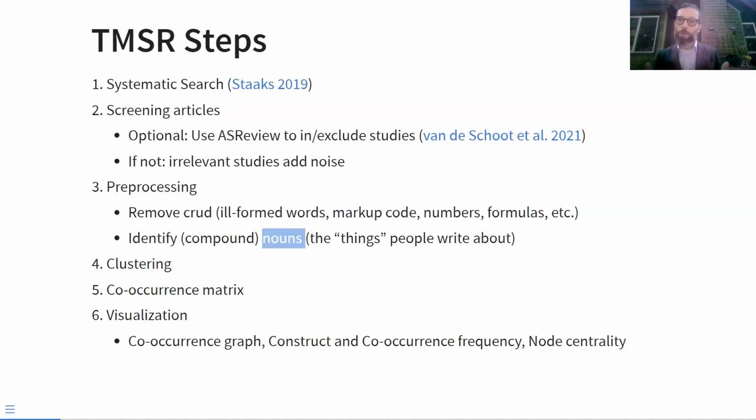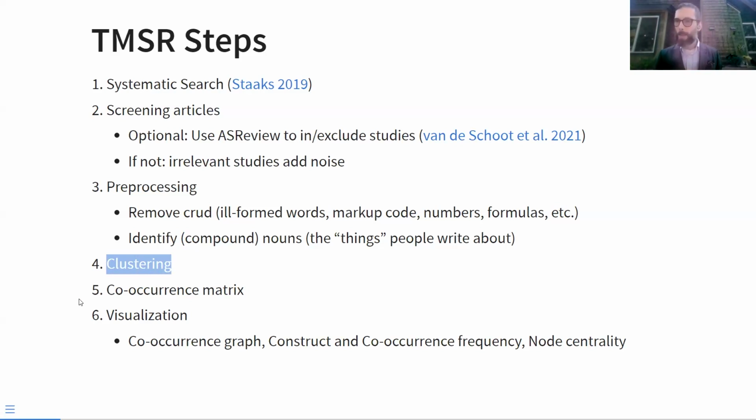So my goal is always to create a kind of nomological network of the topics that people study in a literature, and for this we need the compound nouns. But because of the aforementioned jingle-jangle fallacy, which is that people might use different nouns to describe the same theoretical construct, we need to cluster the literal words they use so that words with a similar meaning are put together